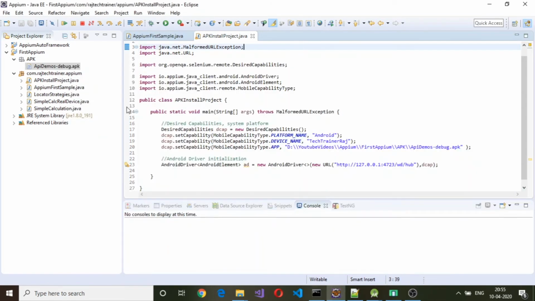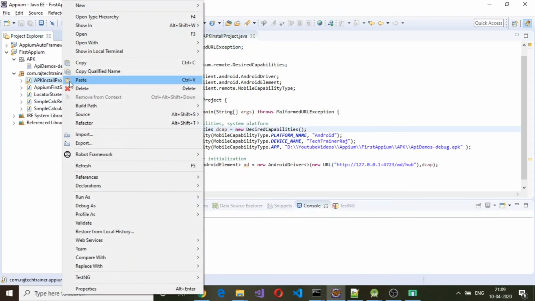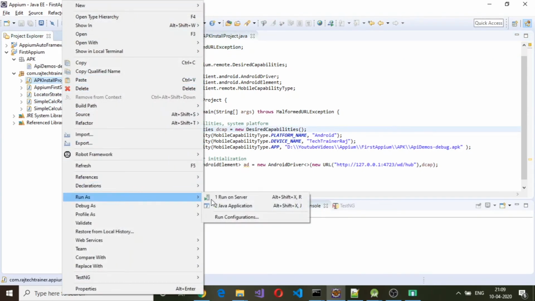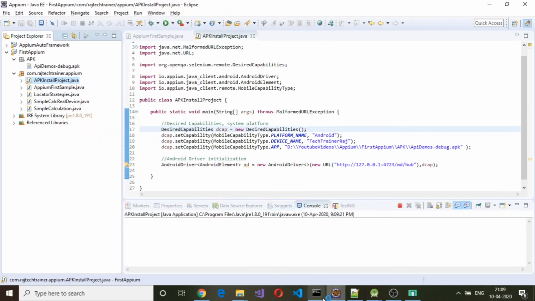Let me save this and run this. Right click, run as Java application.